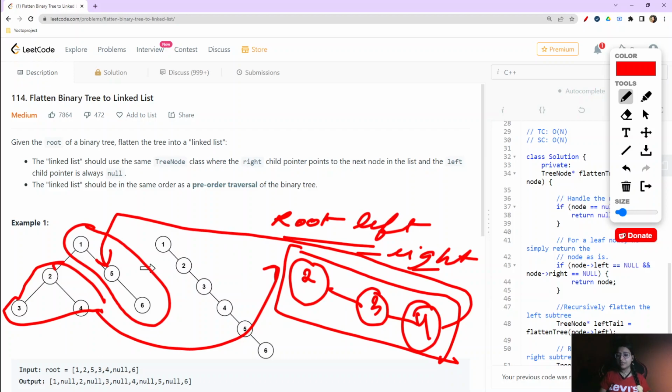Because in pre-order traversal, first there is the root, then the left, and then the right. That's what we are required to implement here. So the new tree would be something like this. Basically, this is now not a tree, this is now a linked list. In this Leetcode function, they internally have some function which will convert this tree node to a linked list, but